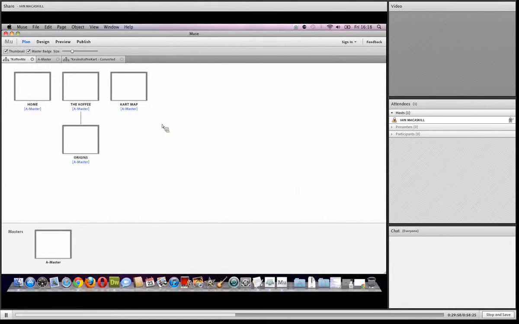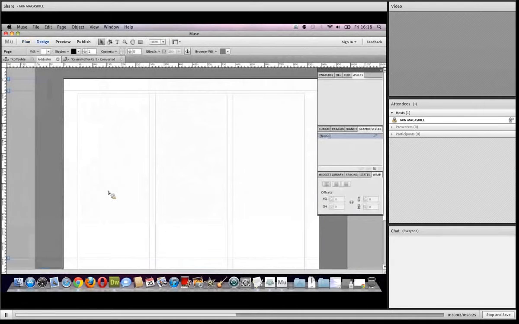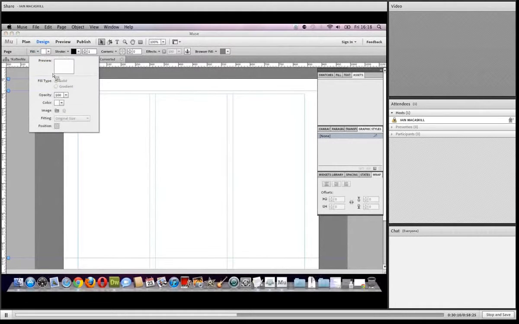Right, so let's work with the master page. So let's go in here and let's start to edit. So in this one, we're going to go and choose fill. Okay, and as you can see, it's a white background. So what I'm going to do is change this, and let's basically choose